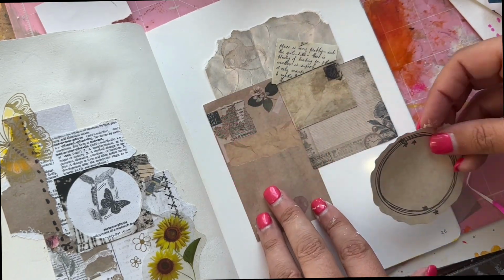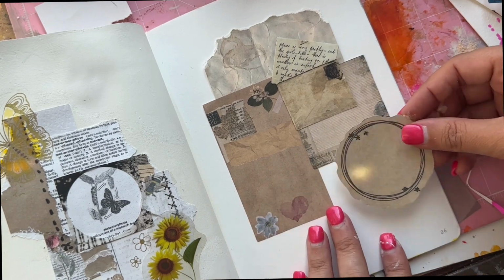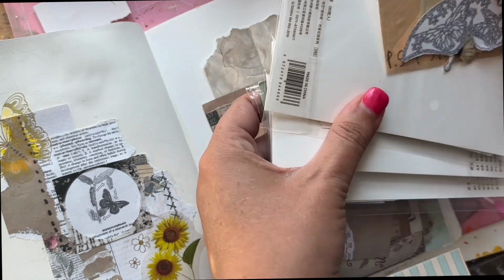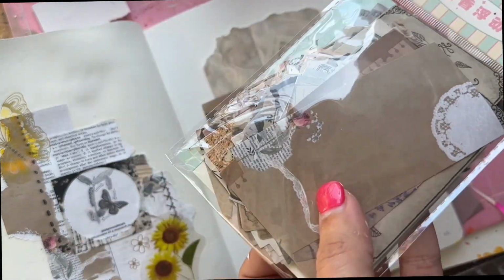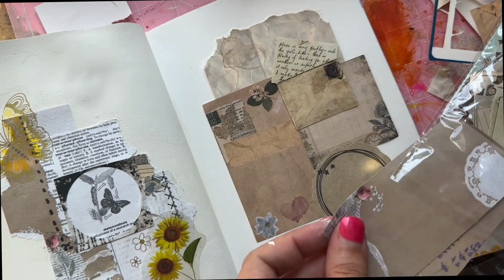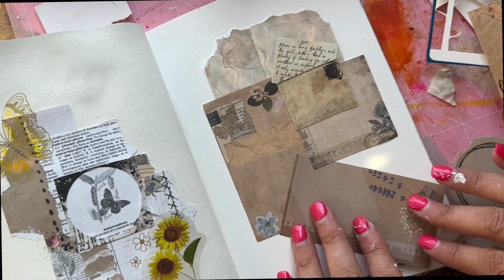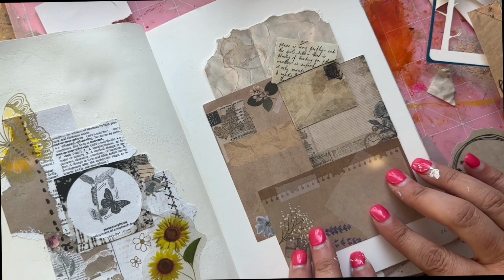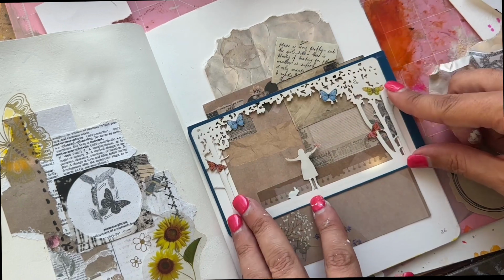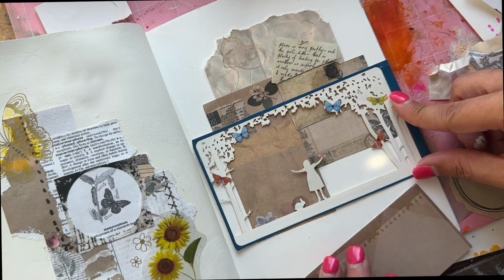And I have a lot of these papers in similar styles and colour palettes, so I will keep adding these because there's so many in these packs. So many. And I am enjoying finding things. Now, this one was used on the opposite page, so I don't want to use him again if I can help it. But there are several in a similar colour palette, so maybe I'll do something like this. I do not want to cover up that heart because it's fabulous. But maybe we could include some moments by...